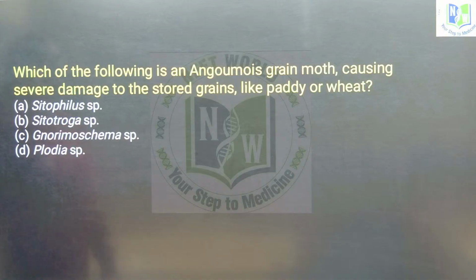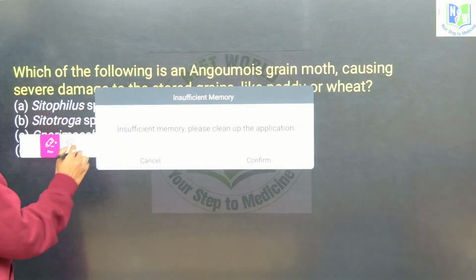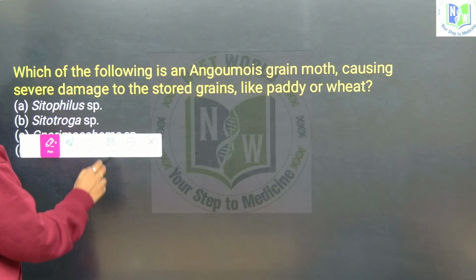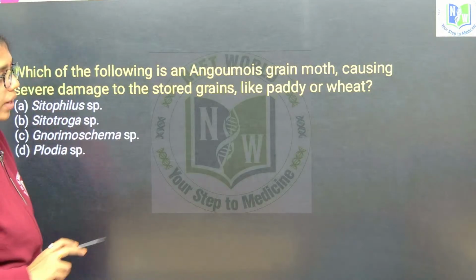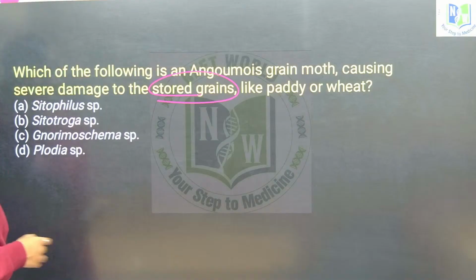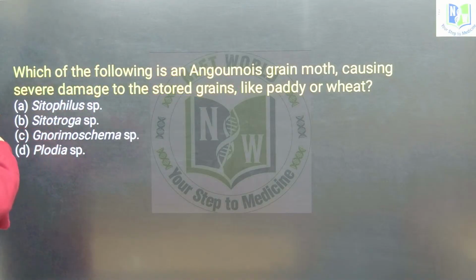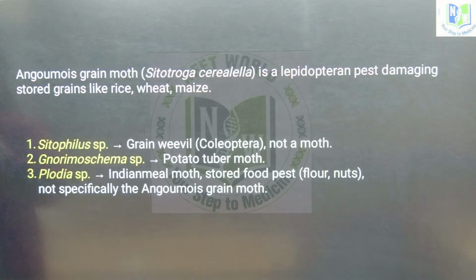Which of the following is an angoumois grain moth causing severe damage to the stored grains like paddy and wheat? This is the question. It is from the strategies in food enhancement. So, here if you see the explanation first,